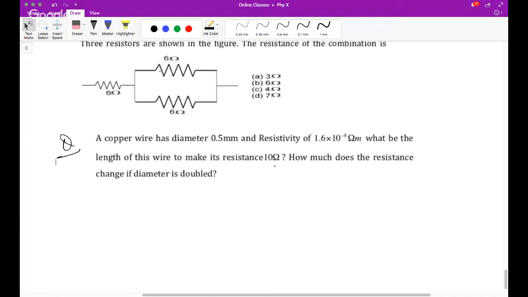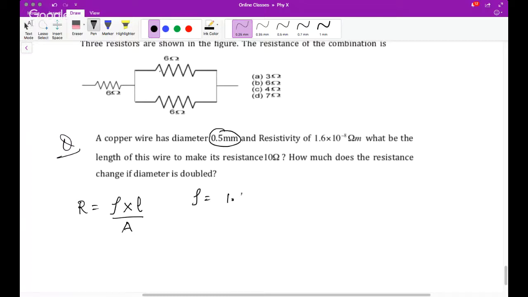What formula do you need here? What concept? R is resistivity times length upon area of cross section. Please be careful that this is given in mm, so please convert it into meters, and this is diameter, right? So hence the resistivity is given